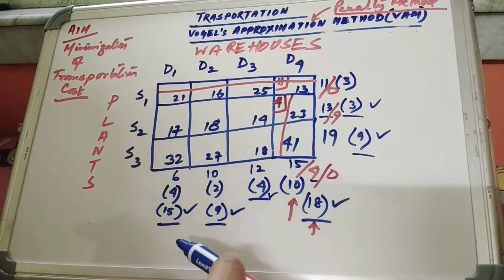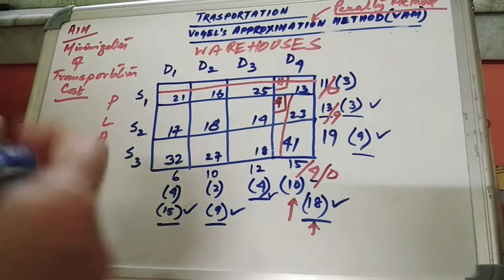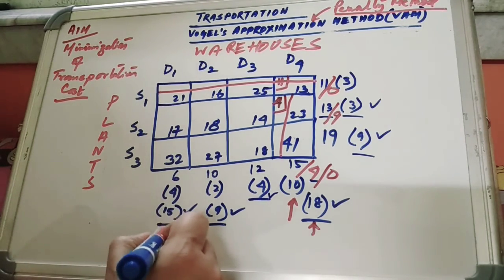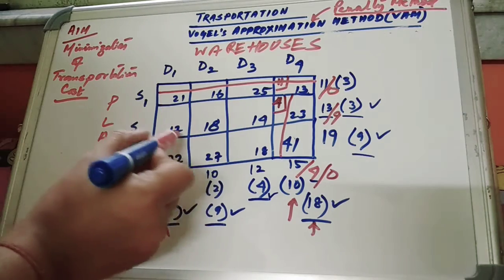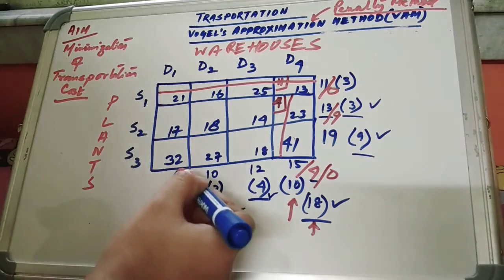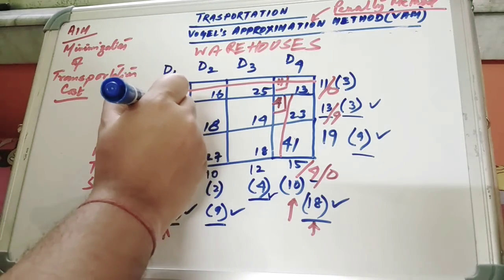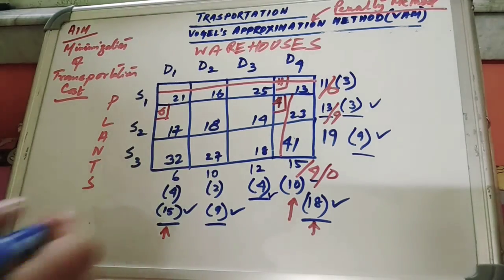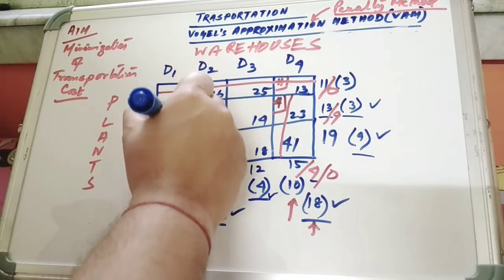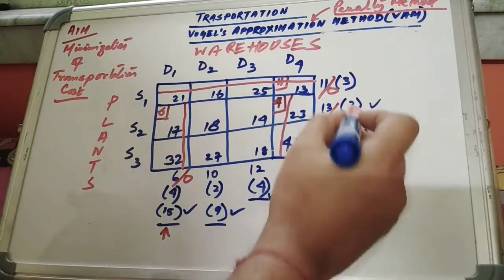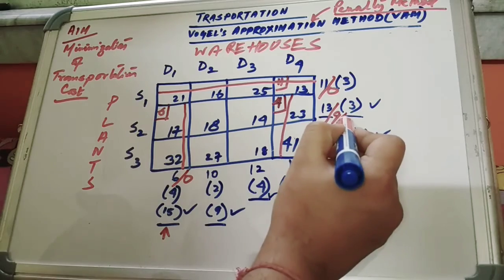Okay. So, among them, which one is the highest? This one is the highest, 15. So, we have to select the least value. Least one is 17. Now, we have to allocate. This is 6. This is 9. We have to allocate the least one, that is 6 over here. Okay, you got it. Now, 6 becomes 0 here. So, you can strike this column off. And this one becomes 6. You have taken 3, only 6 left.